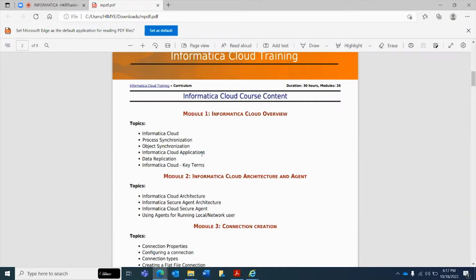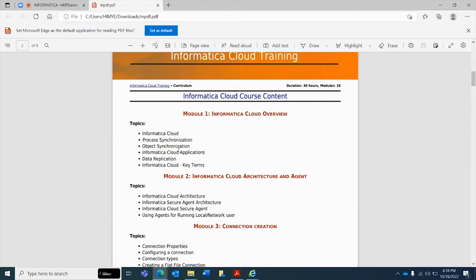See, if we are doing some data integration and you are not understanding what I am trying to say, please raise a question, okay? And how we can synchronize the data from source to target, and the process synchronization means how the real-time information is synchronized between the source and the target. So those will be covered, okay?